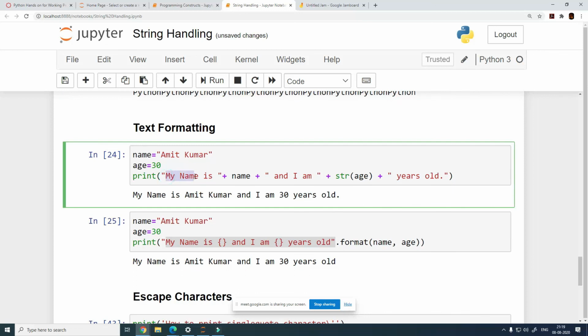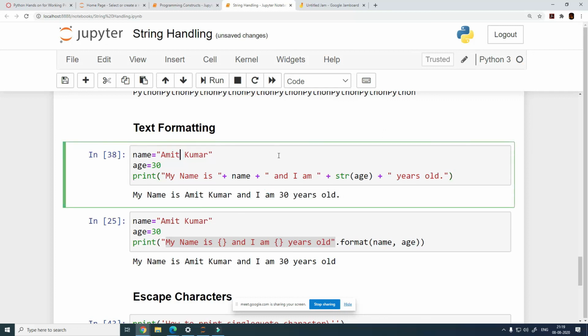So we first build this part of the text, which is constant, right? My name is not going to change, but what prints as the name itself should depend on the variable. So we are joining these 2. My name is, then the name, and I am, then we need the value of the age. So we are converting the whatever value we have here as number into string and printing that value here, and then I'm printing a static text as years old. And this is what is making this statement print, right?